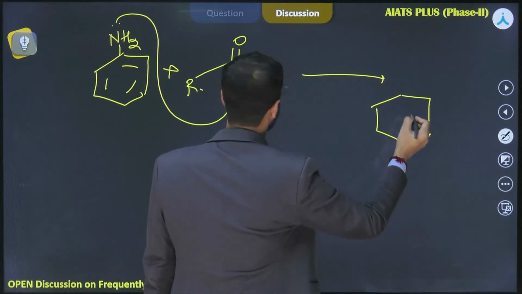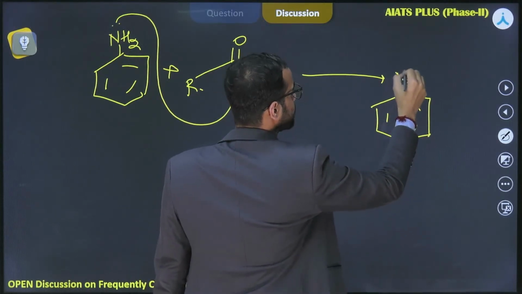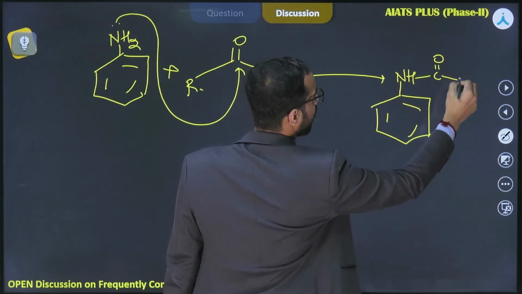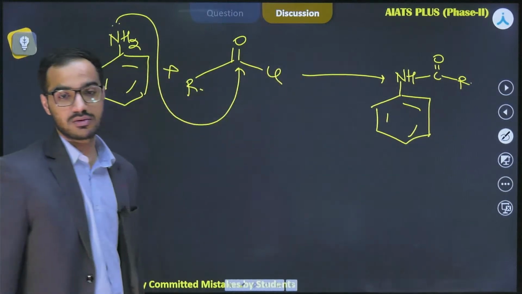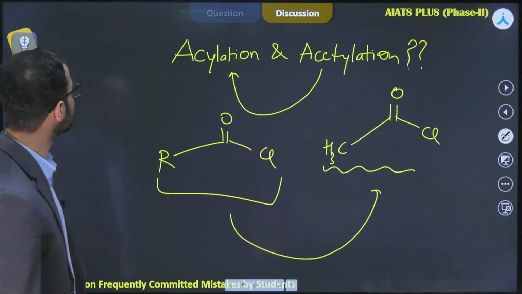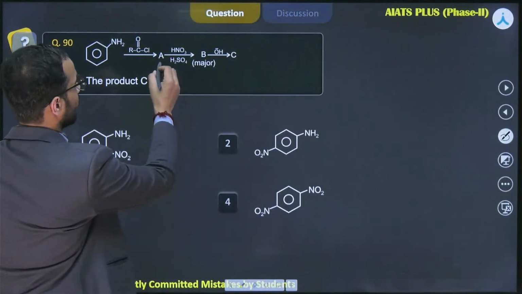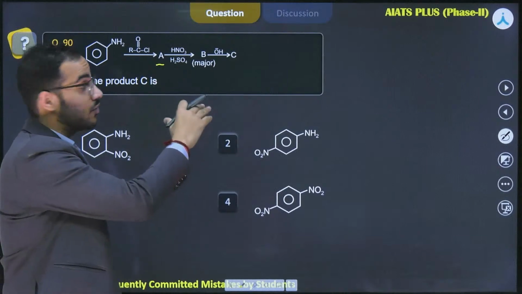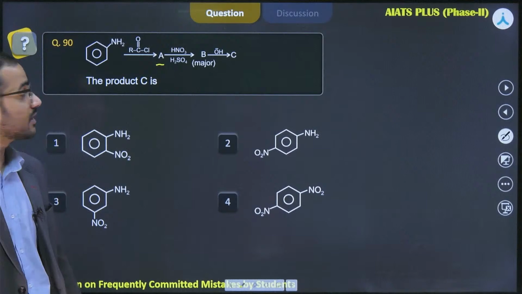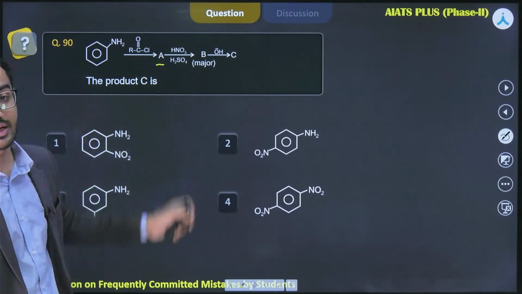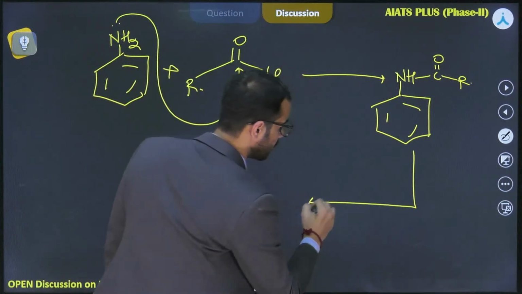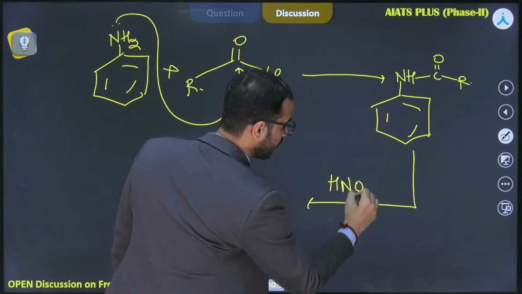This is simply what we call a masking of nitrogen. This is NH, C double bond O, R. Okay, and after this you will be having A. And on reaction of A with nitric acid, we can say that you will be getting, on reaction with HNO3 in the presence of